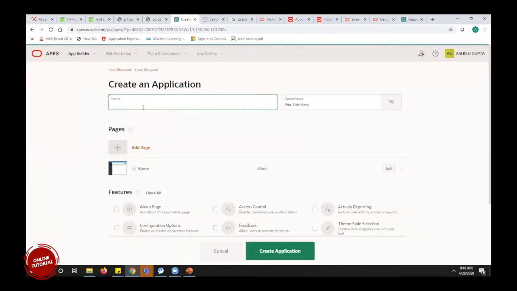I have to give a name for this application. Whatever text box you can see with an icon in gray color is a mandatory field for this application.